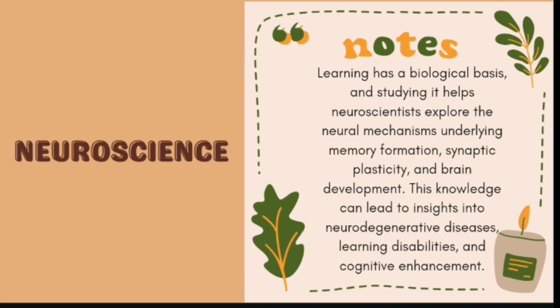Understanding the neural basis of learning can lead to the development of neurofeedback techniques, where individuals can monitor and control their brain activity to enhance learning and cognitive performance. Next, pharmacology. Neuroscience research informs the development of drugs and treatments that can enhance learning and memory. For instance, drugs that enhance neurotransmitter function can be used to improve cognitive function in conditions like Alzheimer's